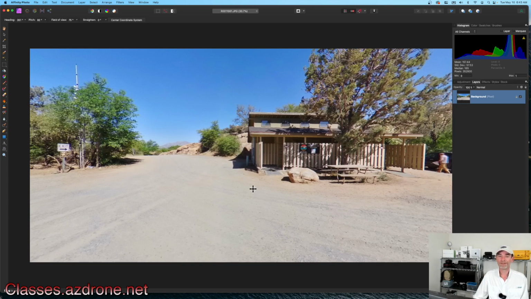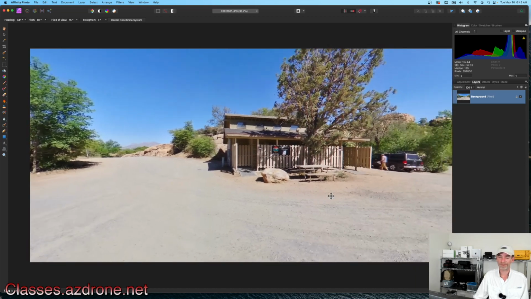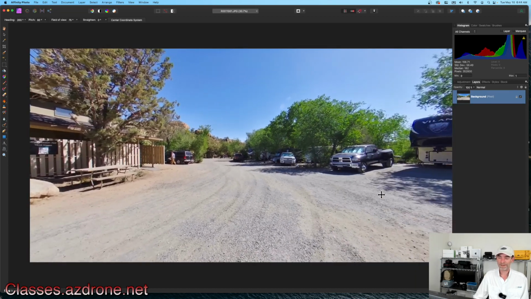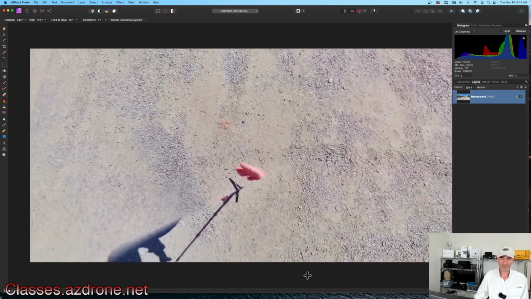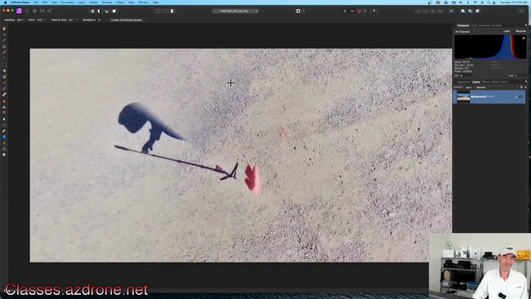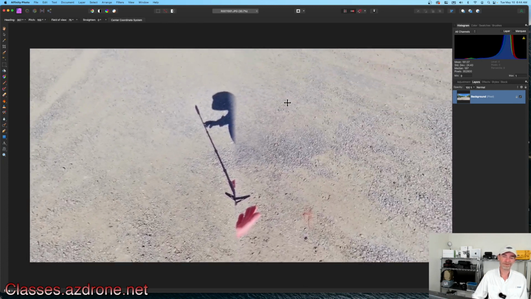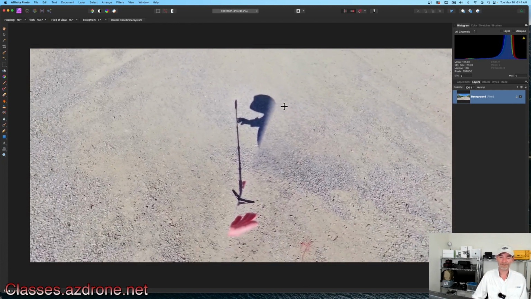We'll be doing some more images of the driveway and then the lower loop and the office later this week. But overall, this is looking pretty good to me as a 360. The one problem we have is when we look down, remember, it captured some of that shadow. Not much I could do about it, but one of the nice things is we can jump right into editing